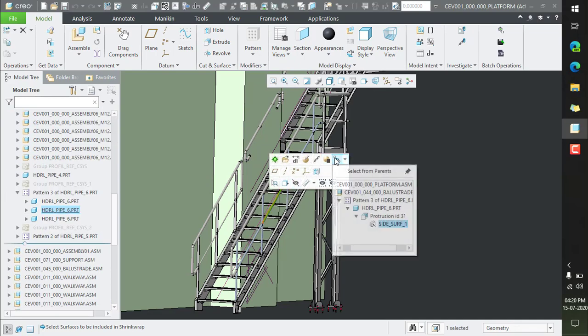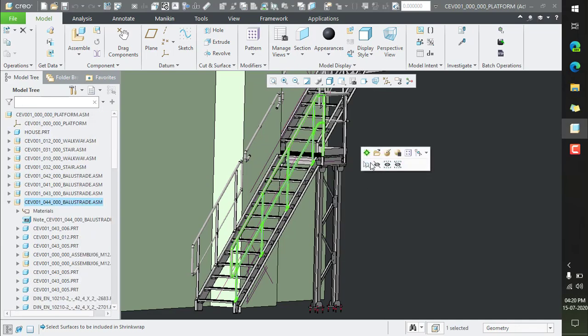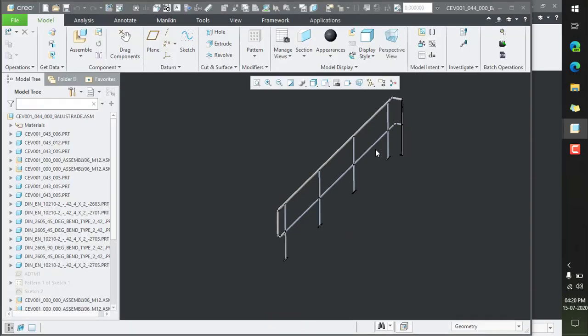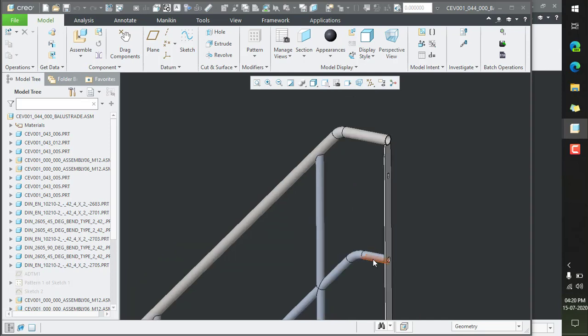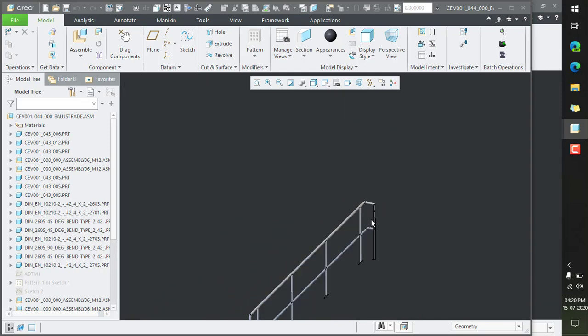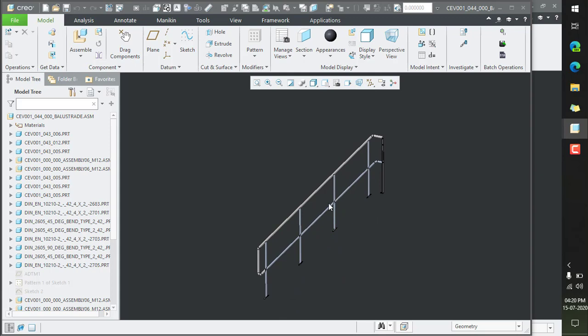As an example, let's open this handle assembly for which you need to provide outer surface information in the drawing. You may already know how to put the total surface area parametrically, but especially in the large assembly design, when you have hollow section profiles like for these many pipes, capturing outer surface area may become a challenge. For this, I have a solution for you in the form of assembly shrink wrap.